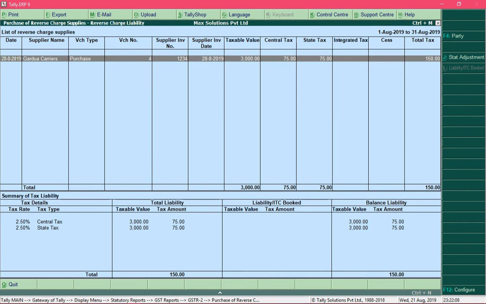For example, right now my total liability is 150 rupees, out of which if I pay 100 rupees as tax amount, then my net balance liability would be 50 rupees. So right now I did not pay any of the tax liability amount, that is why the balance liability is the same as total liability. So once I pay the GST amount of 150 rupees, the balance liability fields would disappear.